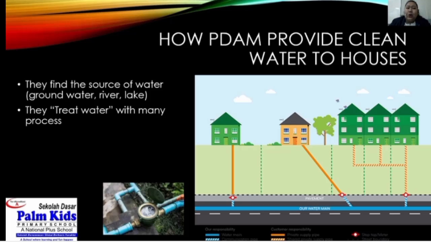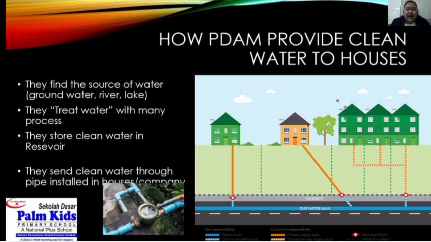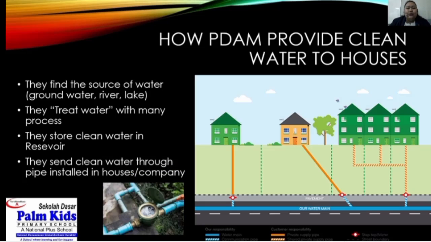So houses or companies will get clean water to fulfill their daily life, like cooking, drinking, washing clothes, or others. After that, they store clean water in a reservoir and they send clean water through pipes installed in houses or